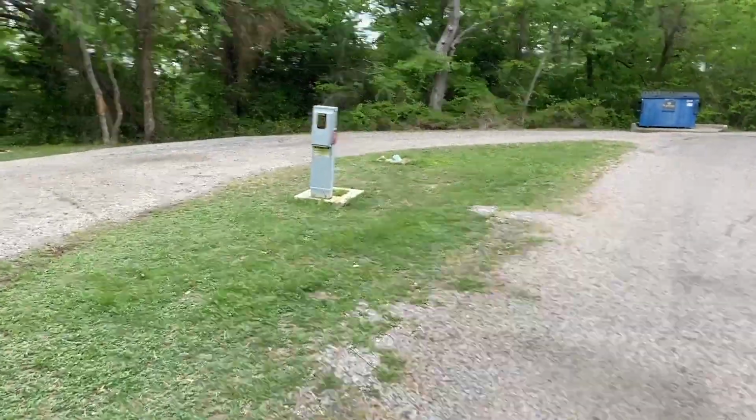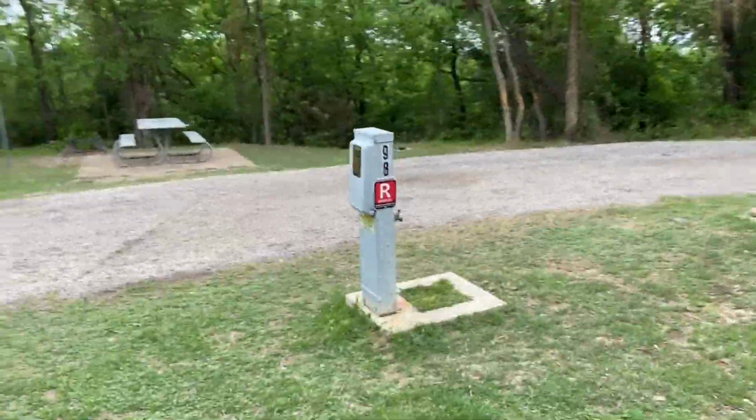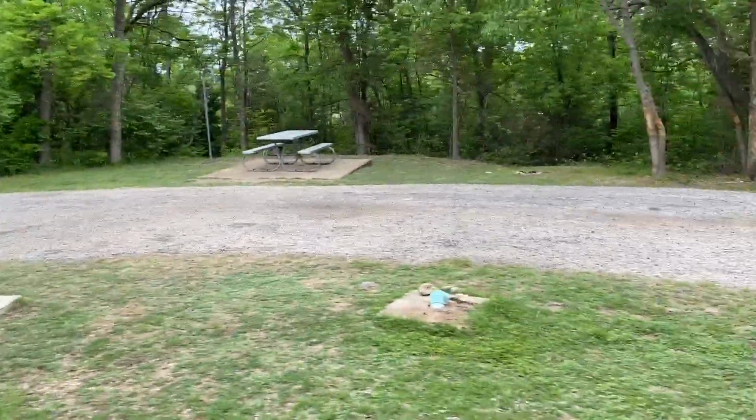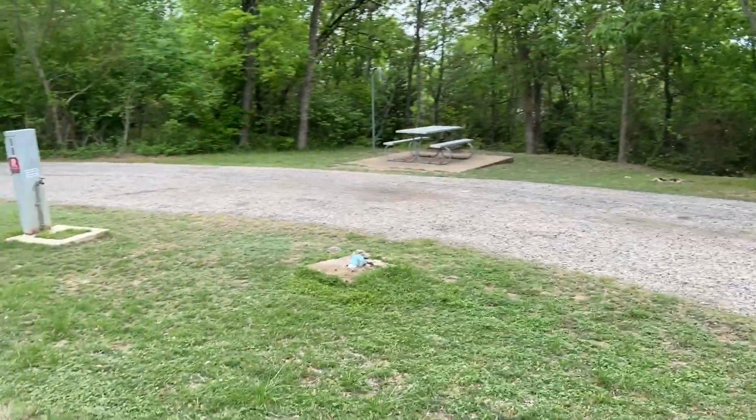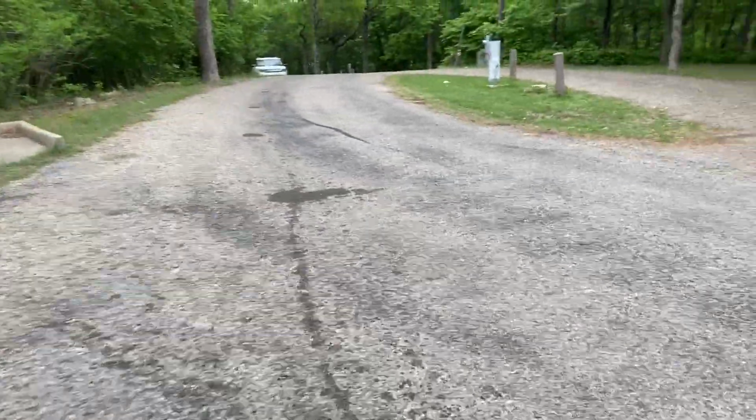Do they have a kitty too? All right, so that's number 98. So easy to get in and out, pretty flat and level. I think if this is open when we leave, we'll come back here to dump instead of our site. Then across from it here,